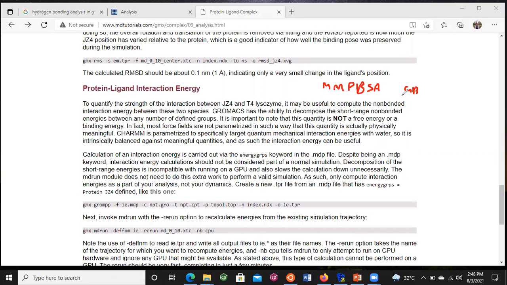In the next tutorial video, I will upload how to perform the PBSA analysis, and with the help of this analysis, we can calculate a more accurate amount of protein ligand binding energy and other types of free energy functions, like solvent accessible surface area, SASA, solvent accessible volume, etc. We can calculate with the help of this type of command. But I will perform this study in the next video.